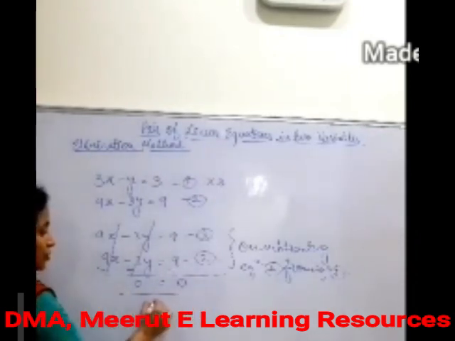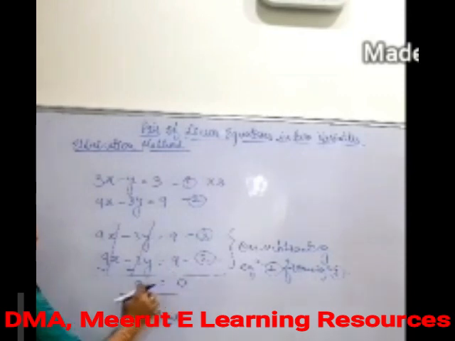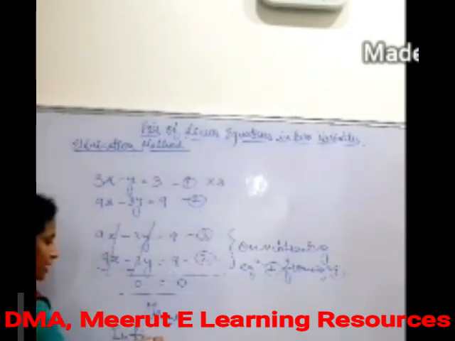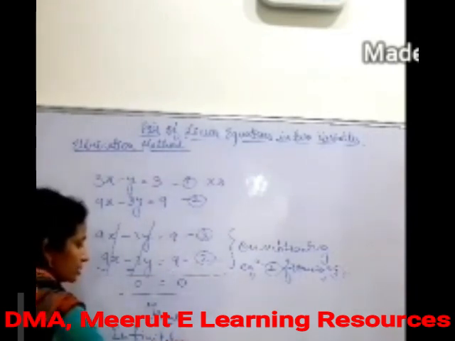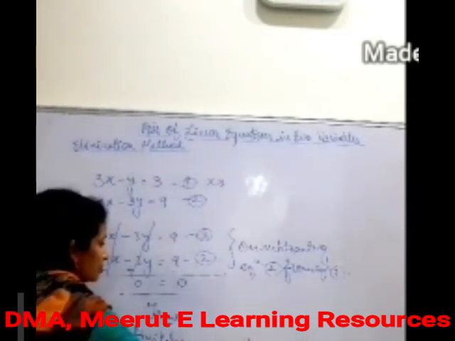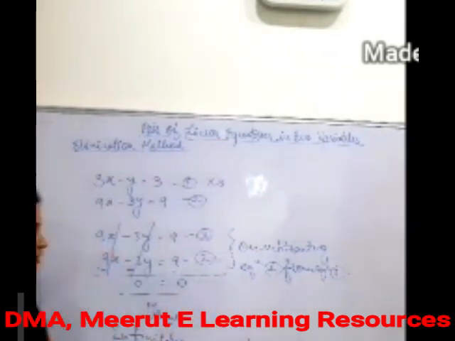So this is a true statement. True statement means both the sides are equal, but you can see that there is no variable. Neither x nor y exist here, and when we have a true statement with no variable, it means this system of equation is going to have infinitely many solutions. This system is going to have infinitely many solutions, and so far it will be consistent. It will be consistent. Okay. So this is the first case when we are making the coefficient equal, and suppose if we get such kind of situation.